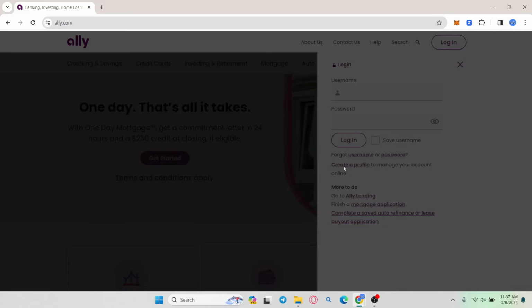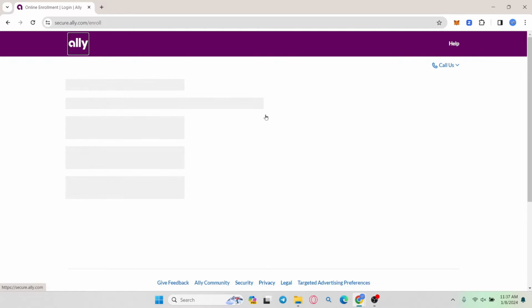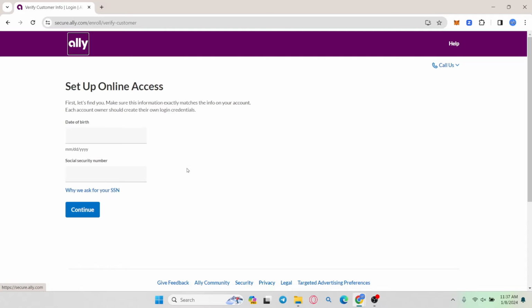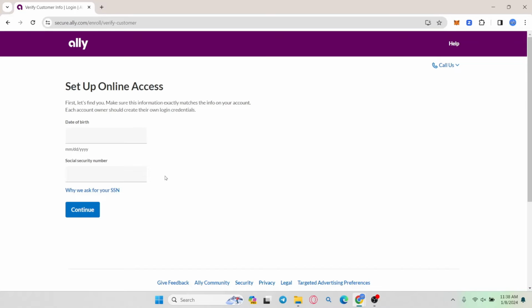You will then be asked to select your profile or your account type that you want to create. Simply click on your kind of account you want to create and you will be taken into the enrollment page. Now, from the enrollment page, just type in your date of birth and your social security number. After typing it in, click on the continue button and then you will be taken into the further process of